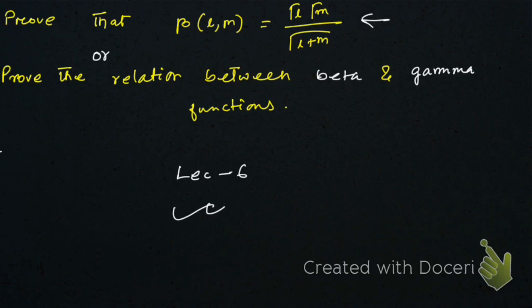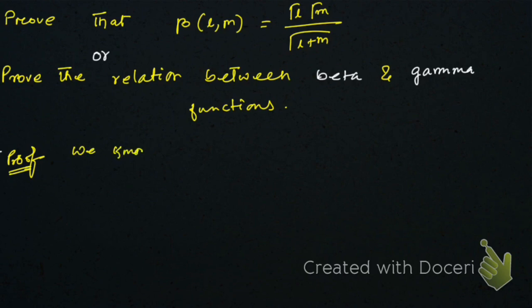So now let's start. So here you can see that let me prove this one. So we know this property of gamma function, that is, the integration from 0 to infinity. Just simply let me write here. So we know the definition of gamma n is equal to integral from 0 to infinity of x to the power n minus 1 e to the power minus